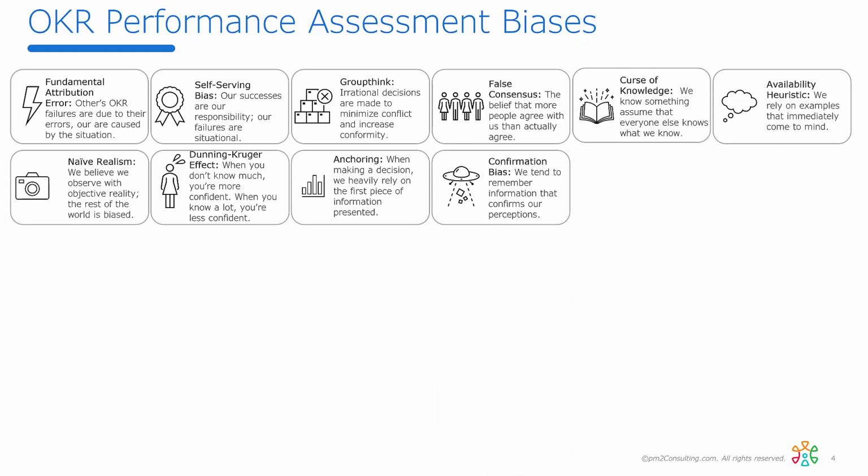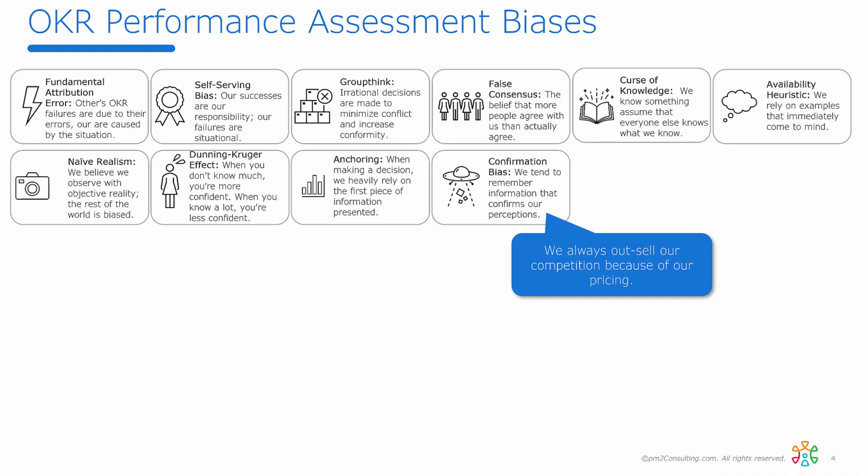Confirmation bias, one of my favorite, which is we tend to remember information that confirms our perception. So we filter. What's that Simon and Garfunkel song? A man hears what he wants to hear and disregards the rest. So, example would be we always outsell our competition because of our pricing. Well, that's the first piece of data. We'd like to think that pricing makes a difference, but have we actually validated